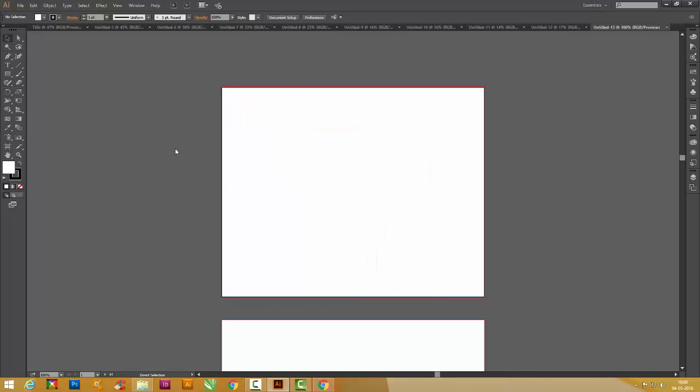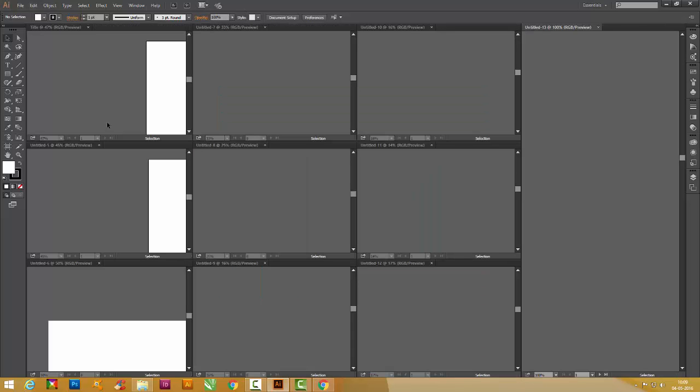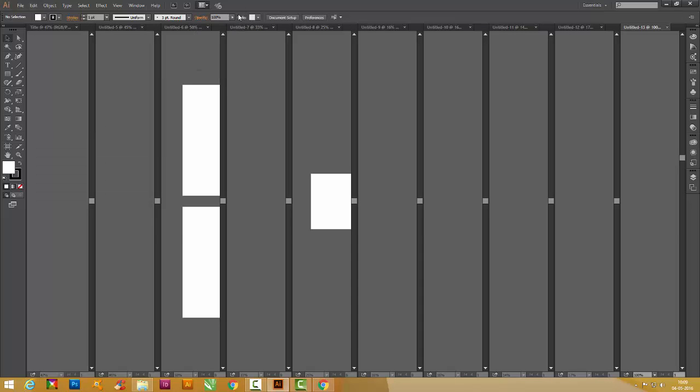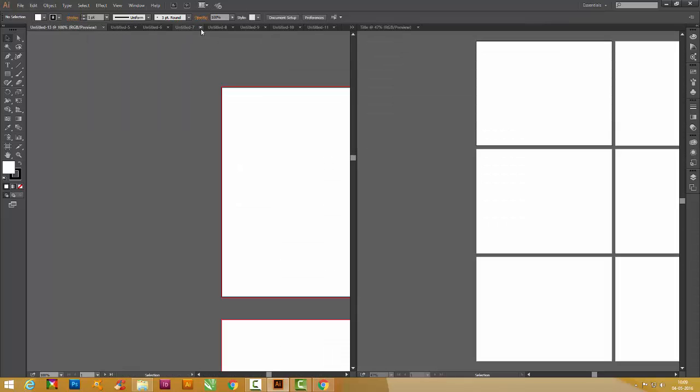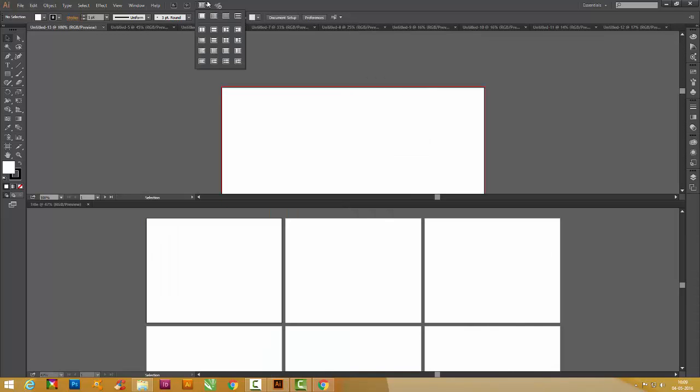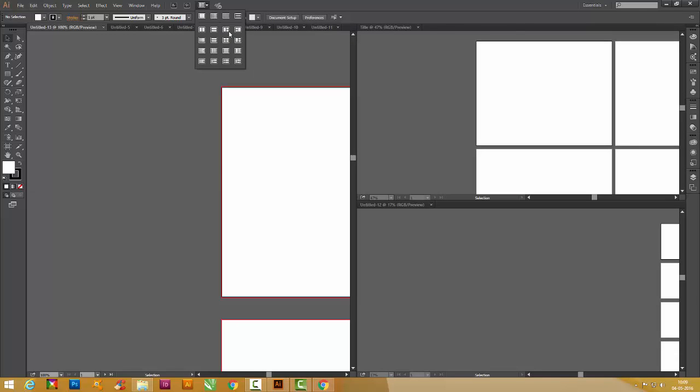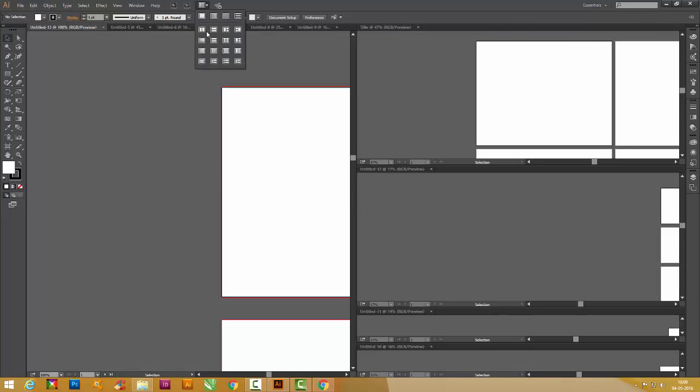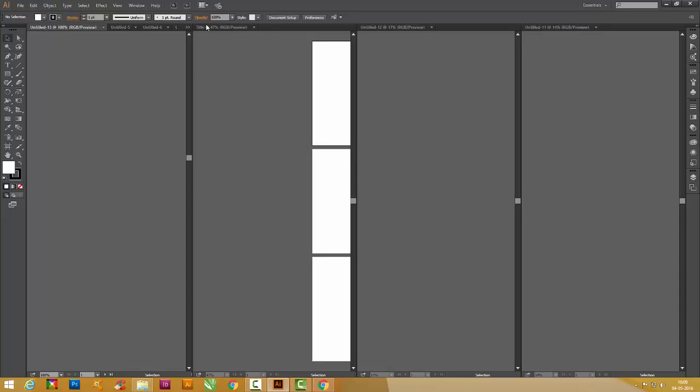And now here you have something called arrange documents. So how the multiple documents that I have opened should be arranged in my Illustrator interface is controlled here. So I can click on arrange documents and choose like this, or like this, where it is displayed in grids like this, or in rows like this, or in columns like this. Split screen horizontal like this. I can choose how multiple documents that I have opened in Illustrator should be visible to me.